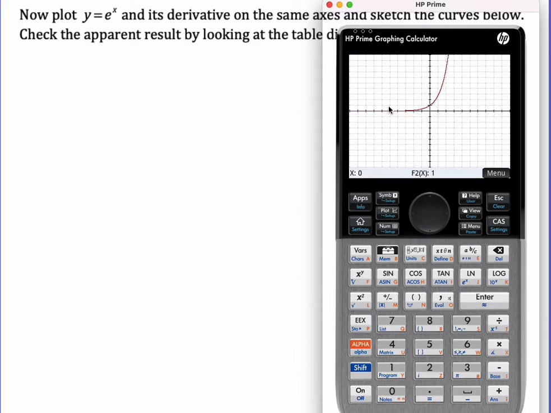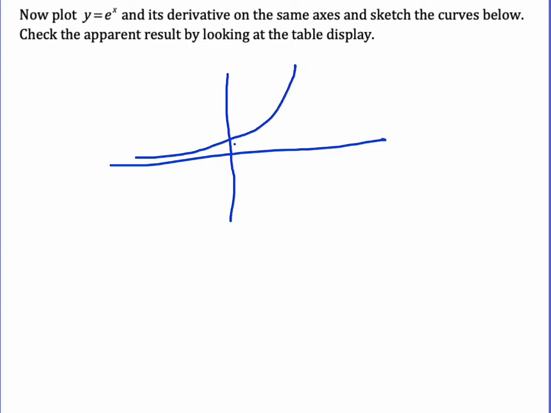And you can see it was just behind the blue one the whole time, because the derivative of e to the x is just e to the x. So they're both the same thing. Just like any exponential, it goes through the point (0, 1), by the way. Okay, so that's the graph of y equals e to the x, and the derivative of that function is also